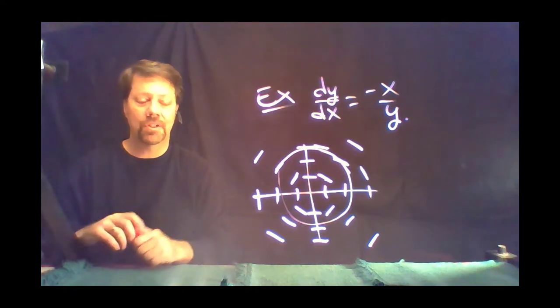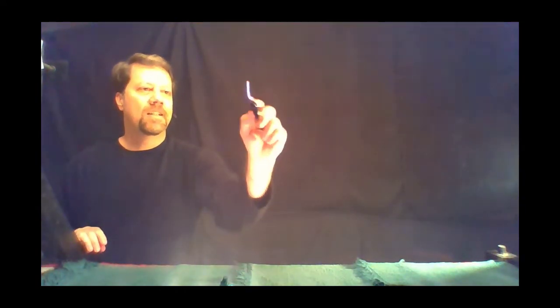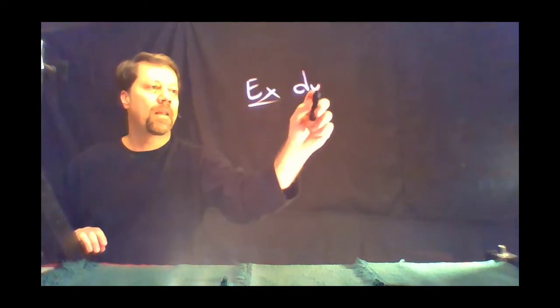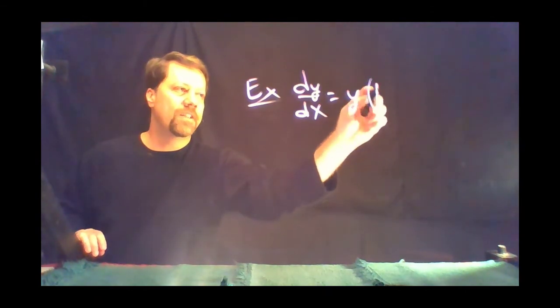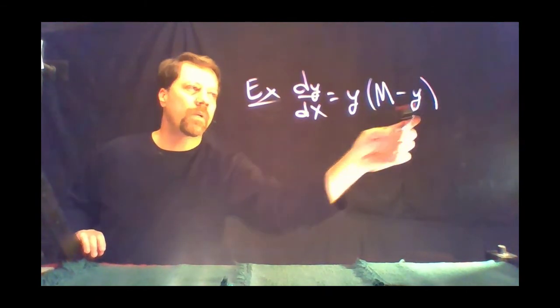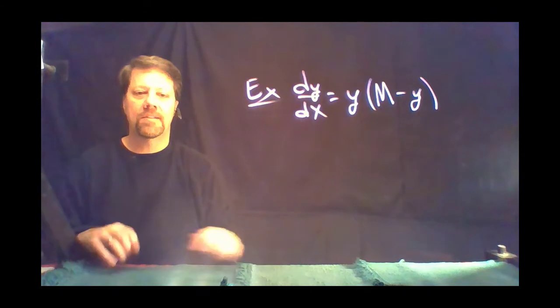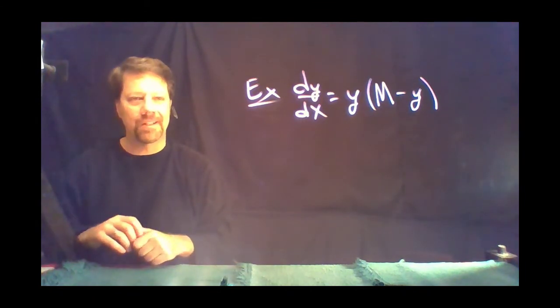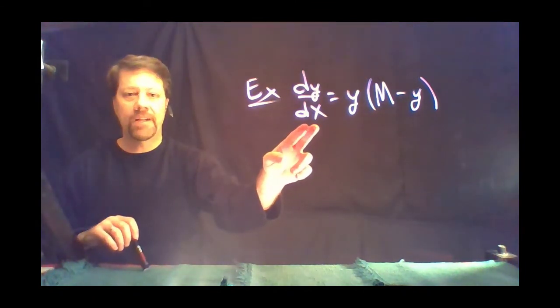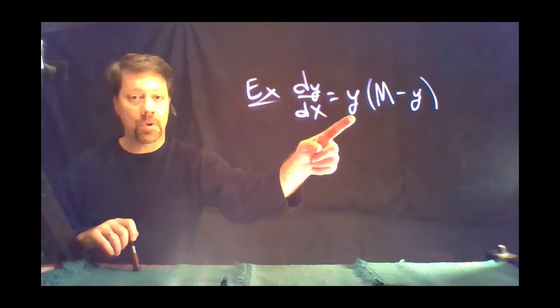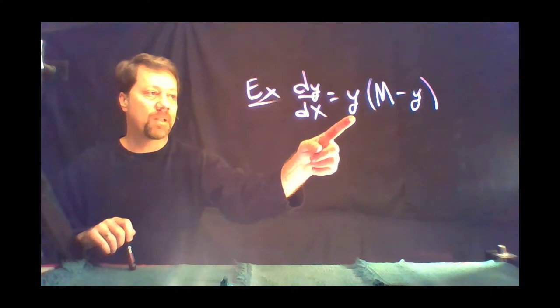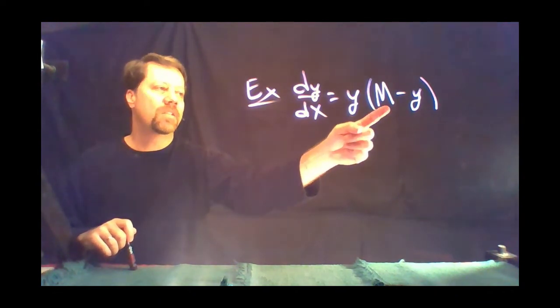The solution curves are circles. For another example, let's look at a differential equation in the form of something called the Logistic Equation. We're going to assume m is just some known constant. If this were a population, we would be thinking the rate of change of the population is not just proportional, but equal to the size of the population times some constant m